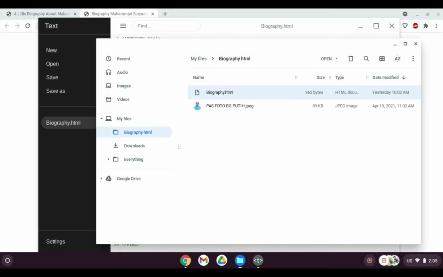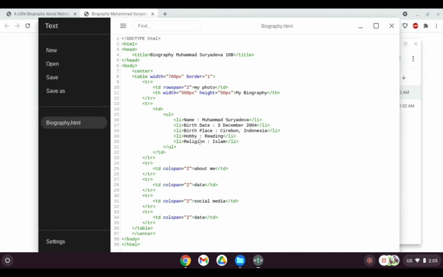Now because we already have the file in the same folder, let's try to make this photo appear inside our HTML. How to do it? We want to put it here, in my photo part. So first of all let's delete it.